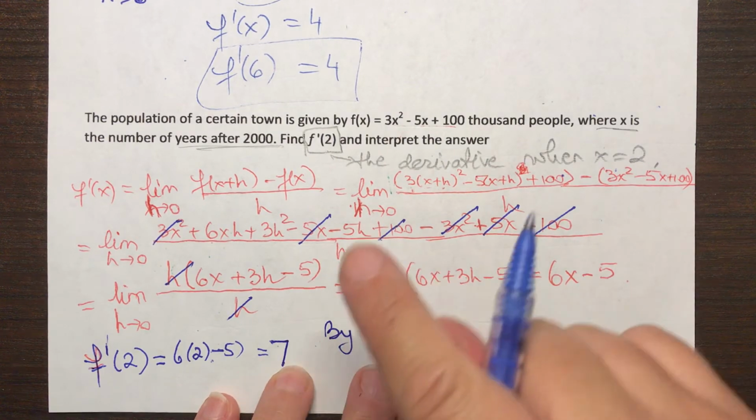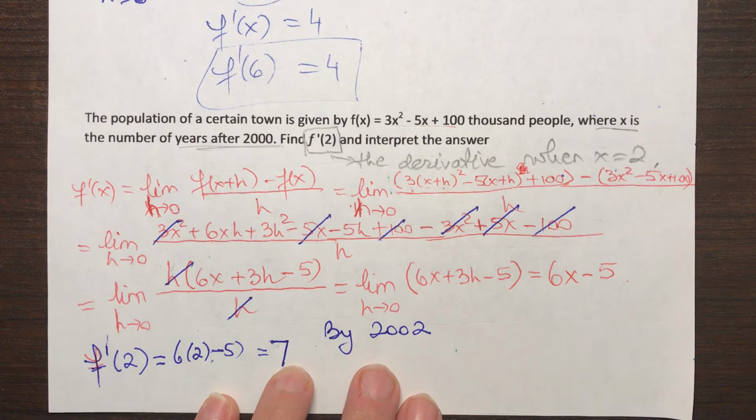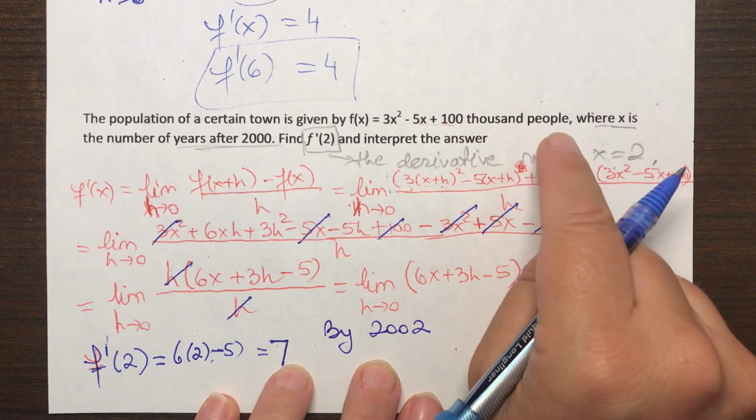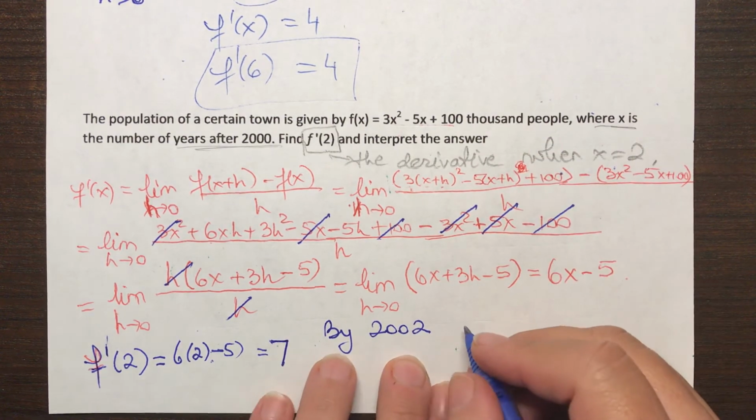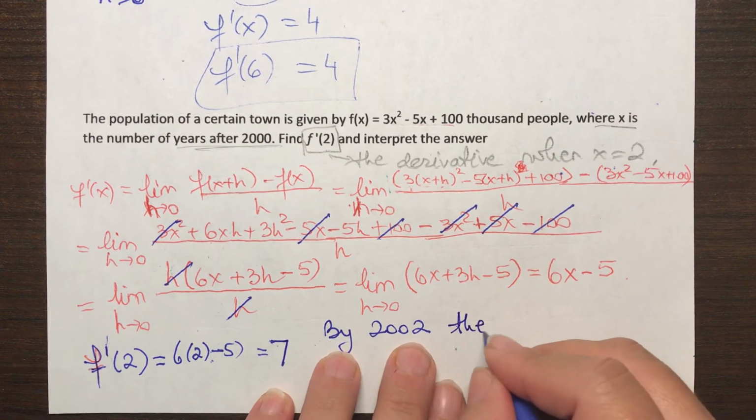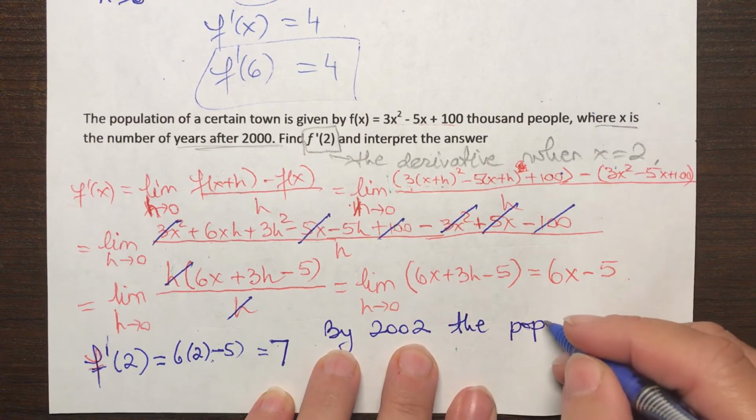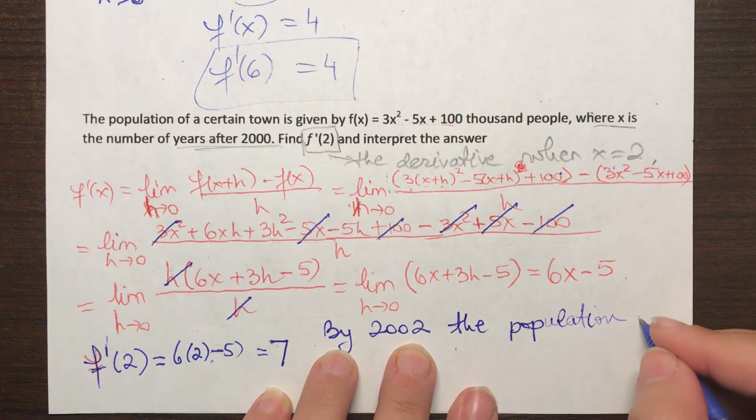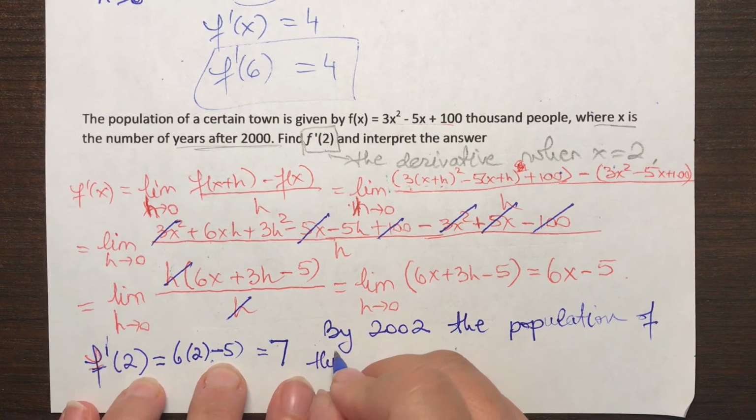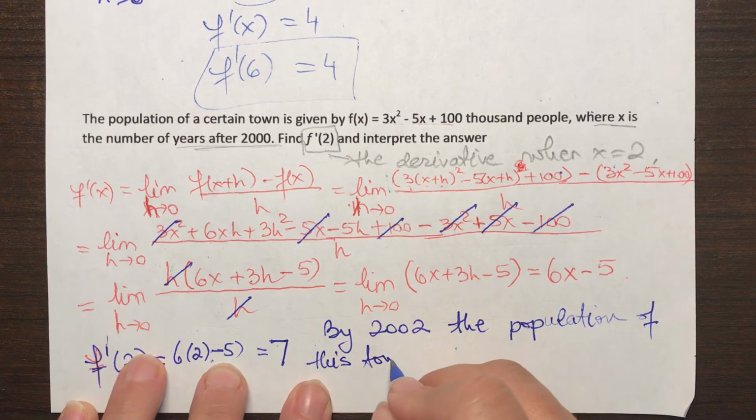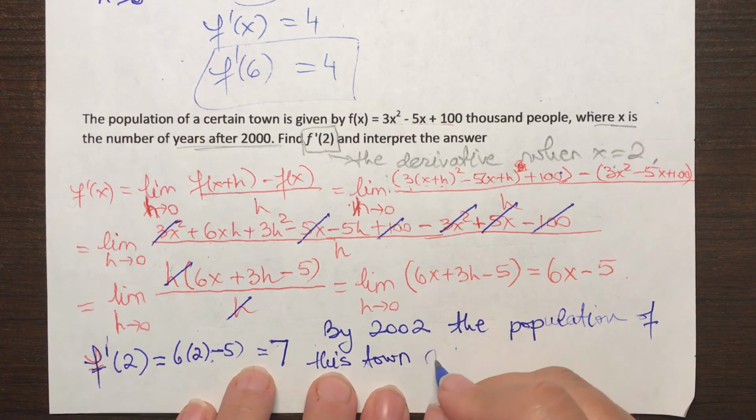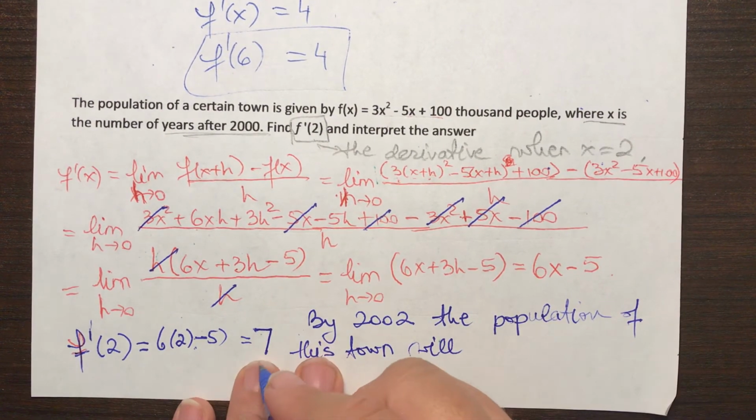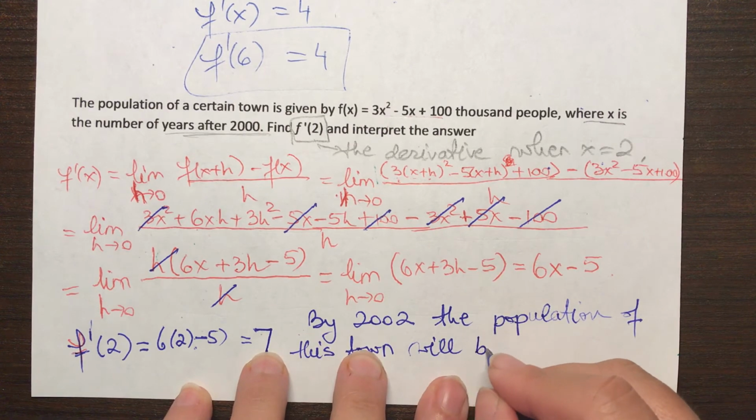The derivative is the instantaneous rate of change, yes, in this function. What does this function measure? It measures thousands of people, right? So by 2002, the population of this city will be changing, right? How does it change? Well, it's a positive, right? So we'll be increasing